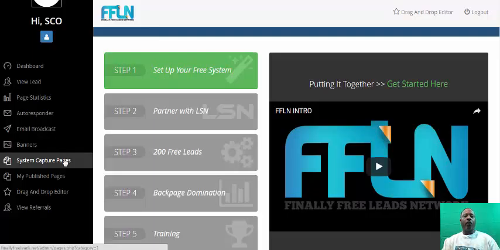Now, for the people who are a little bit more advanced, who want to create their own capture pages, who want to have full access to the system, it's going to cost an upgrade of $10. That $10 is going to give you full access to the drag and drop editor, and in the drag and drop editor you'll be able to create